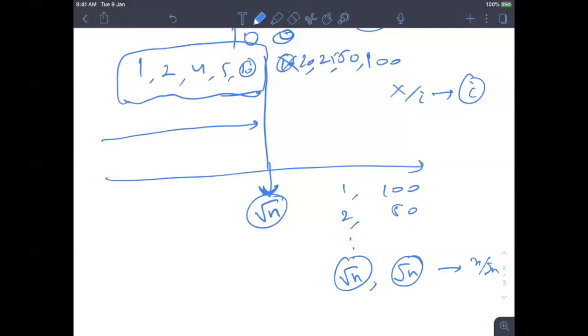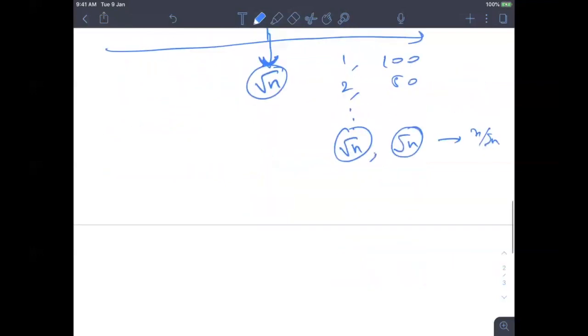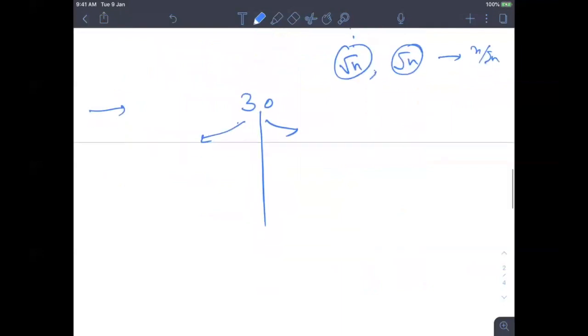Yes, sir. We can take just one more last example to get more clear. Let's take any good number, say 30. Theoretically, again keeping a boundary, we'll get 1 and 30, 2 and 15. So you're getting this right? So 2 basically is 30 by 2. Now 3 and 10, and root 30 I guess is around 5 point something. Now with 5 we get 6 over here, so you just need to go till here.